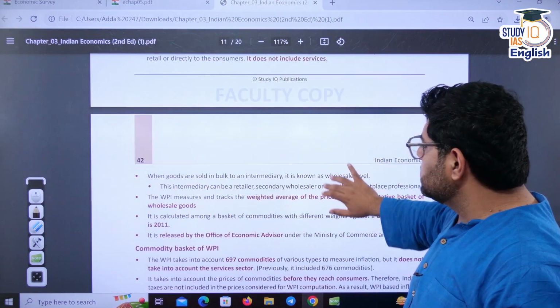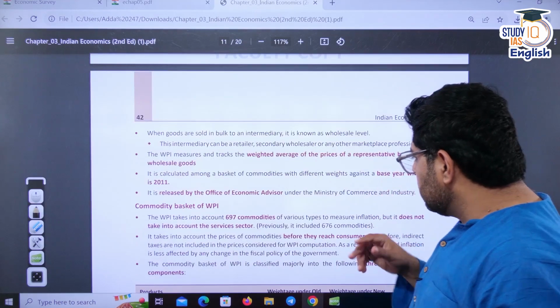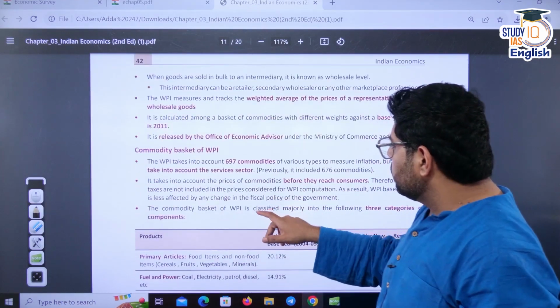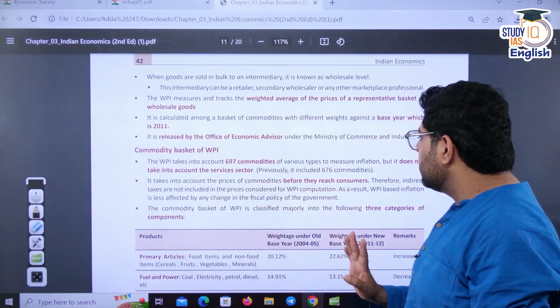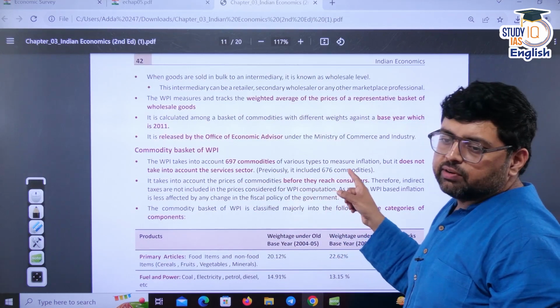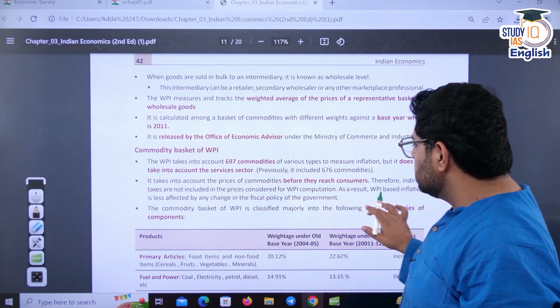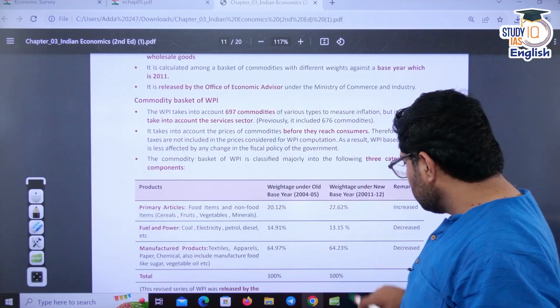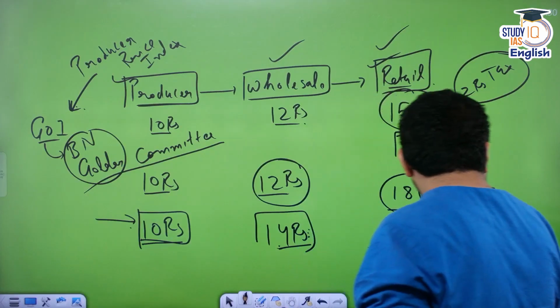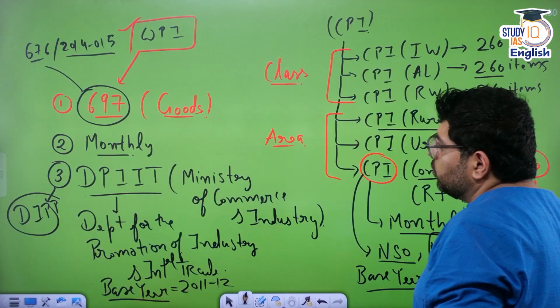So it has been clearly mentioned here. Now, another thing that you have to remember: as I told you, there are 697 items, but previously there were 676 items, so it has been mentioned here. Clear? Now here you have to remember one thing, that although we are interested only in WPI and CPI,